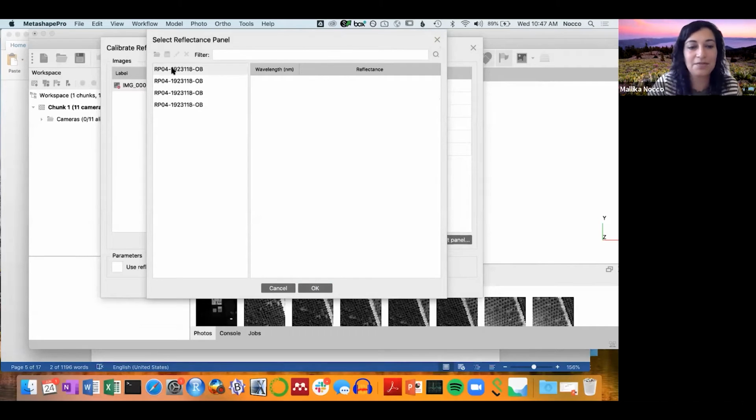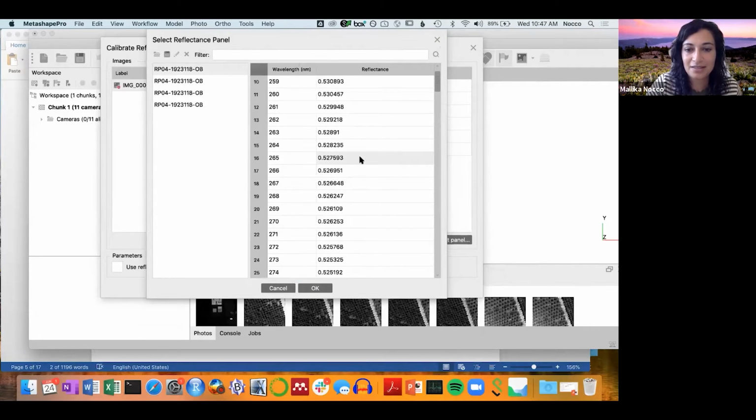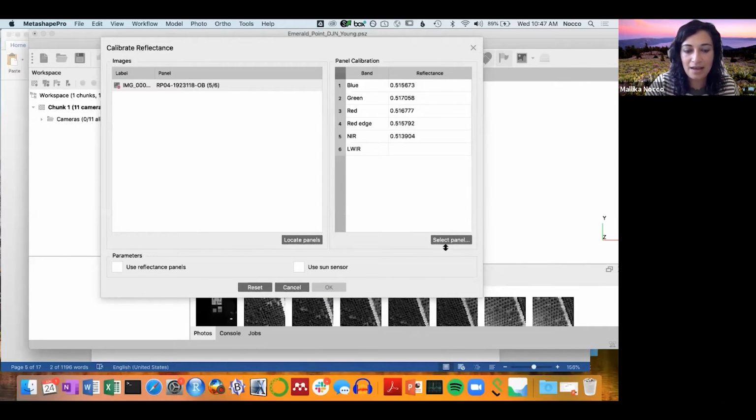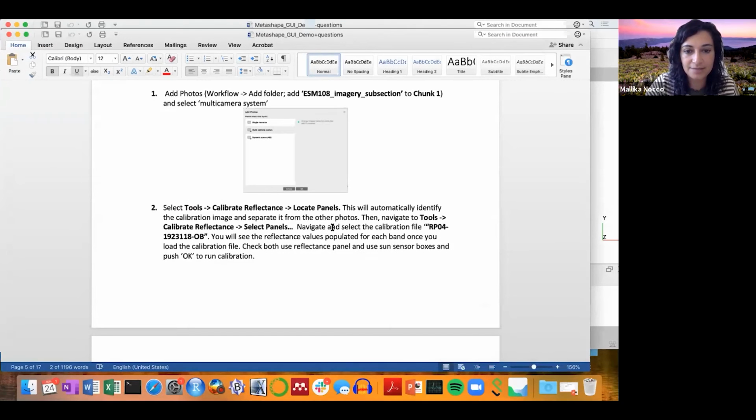And then select one. They're all the same for me because I've gone through this process a few times. And then you'll see all these numbers come up. This is going to be for your reflectance calibration. So hit OK. And then depending on your camera,